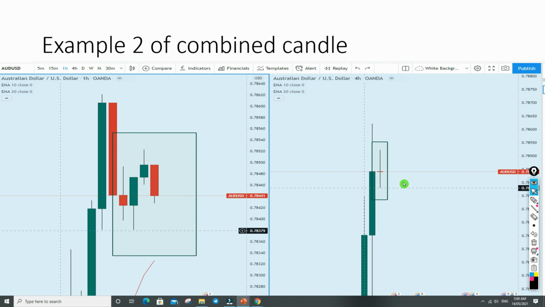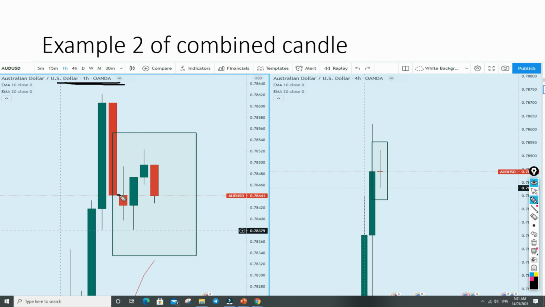Let's move on. Now let's see another example. So this is another example on the higher time frame. What do you see on the hourly time frame? I drew this box so that you can identify the location. This box is not a chart or anything, it's just a separate box. So what we see on the hourly is, if we consider this candle as the first hour,